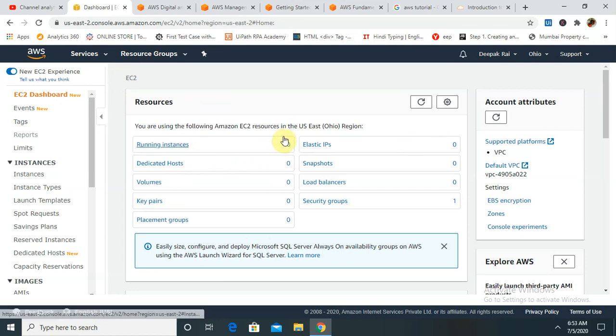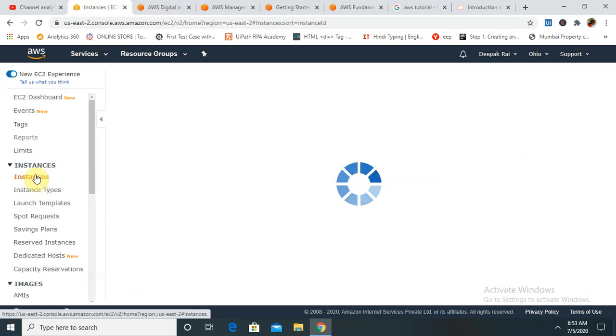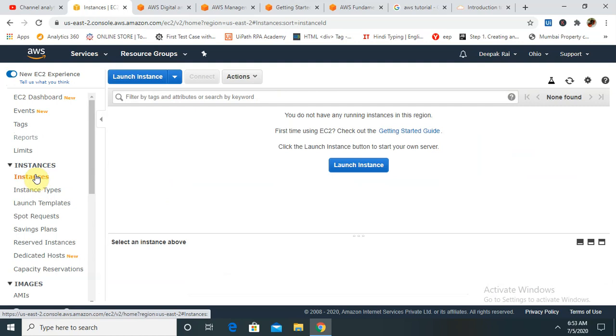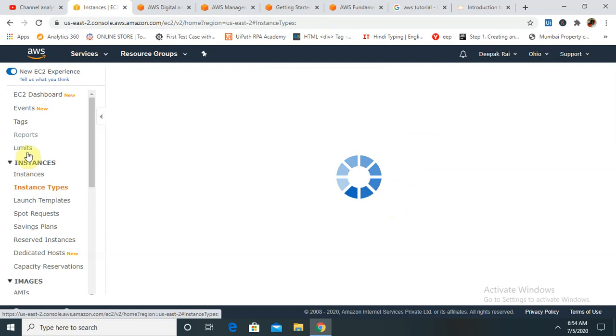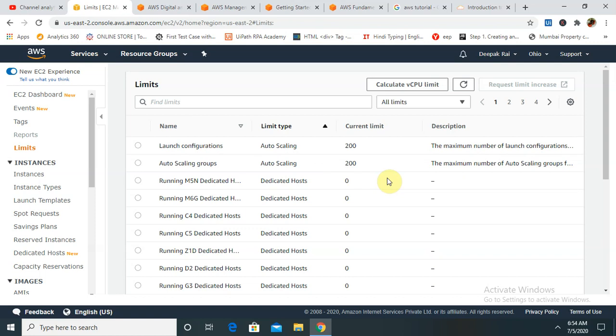Then if you want to create any instance, which is nothing but a web part or application where you want to host anything, you can click on launch instance and you are able to get the detail. Instance type is also available. If you want to check your limits, that is also available for you. The current limit is 200 as a launch configuration in auto scaling groups, the maximum number of launch configurations.